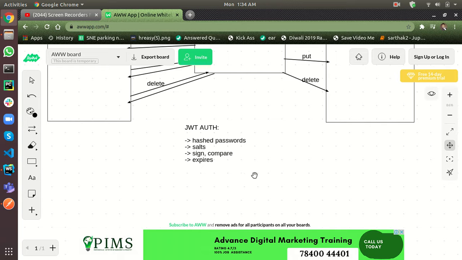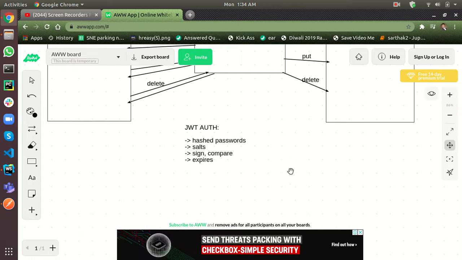In the project I am going to discuss, I have used JWT authentication. JWT refers to JSON Web Token. The basic idea behind JWT is that when I provide my credentials, the email and password or username and password, JWT recognizes the password stored in my database, and compares my previous password with the password I have entered this time. If the password is correct, I get access to the database, that I am authorized, otherwise I am forbidden.